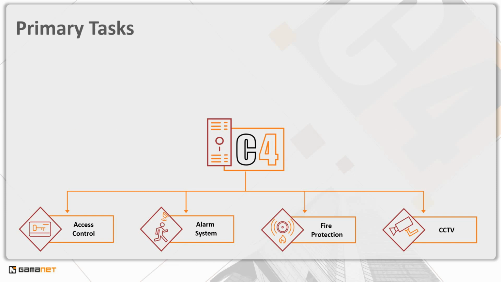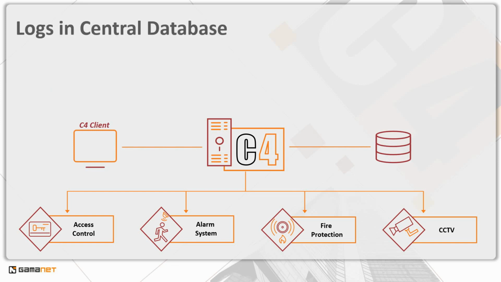What role does C4 play in security technology management? The C4 system performs 3 basic tasks. While connected to every device, the primary task of C4 is to collect the information from all the events that occurred at those devices into one database. Central history management from all devices provides a huge source of information for reporting and security analysis.